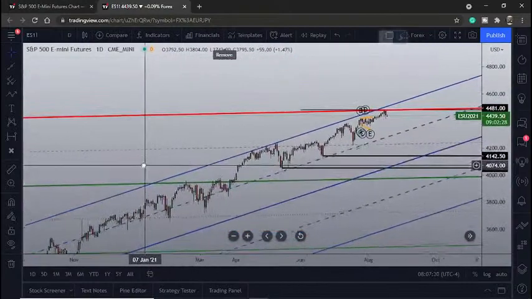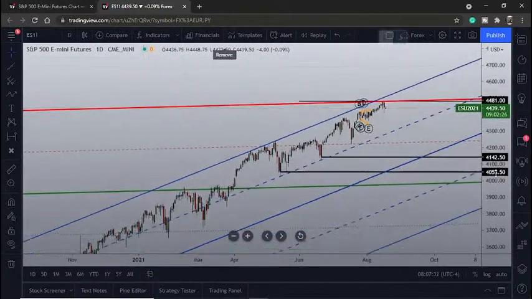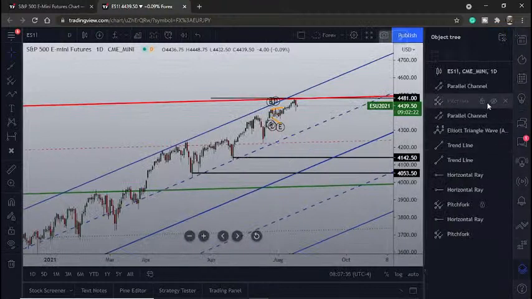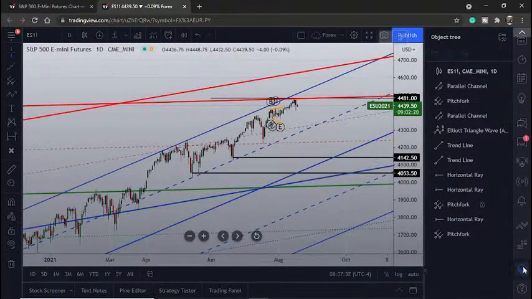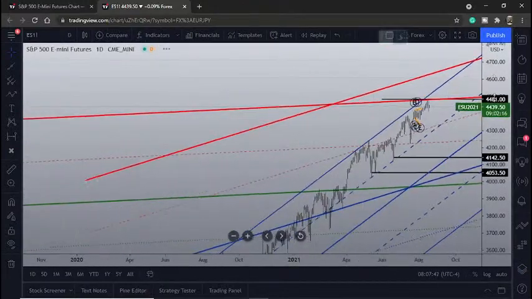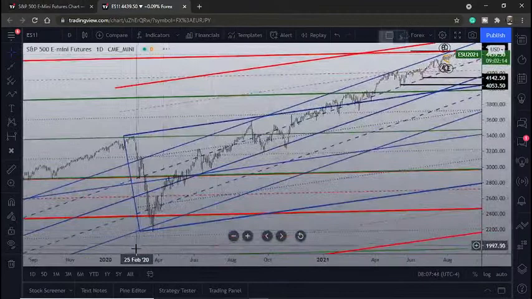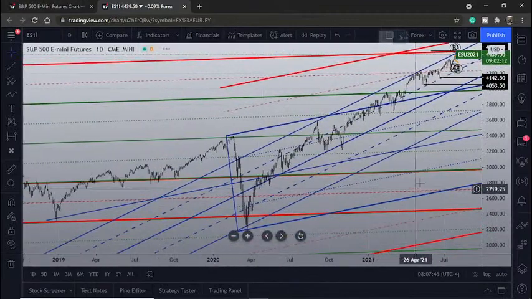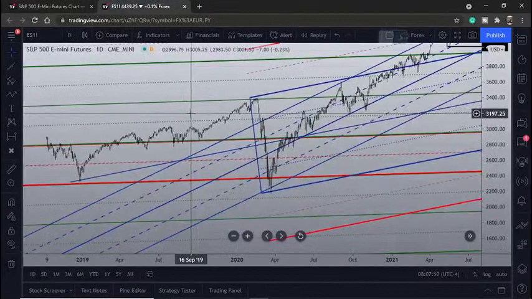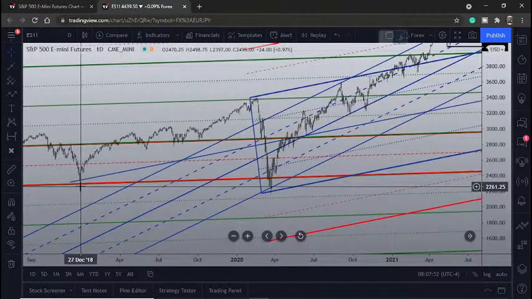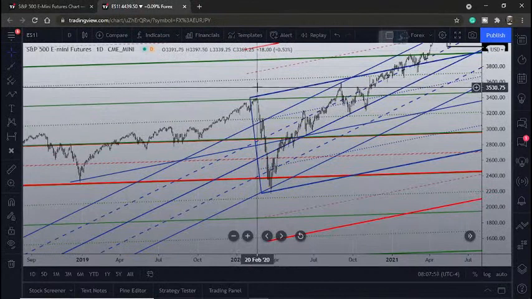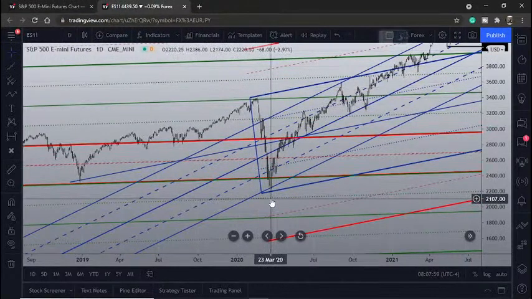If price were to still head higher, I also want to draw in a quick pitchfork that I prepared. Let's just zoom back quickly and where I've drawn that from. And I do apologize, there's a lot of lines on here now. I drew this pitchfork actually on the monthly time frame using this low in December 2018 to this high in Feb 2020 to this low in March